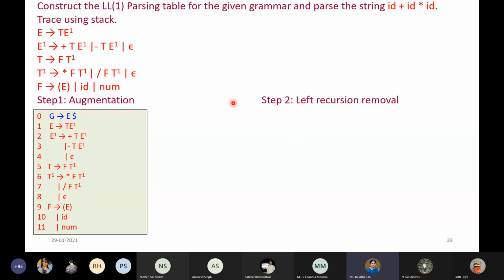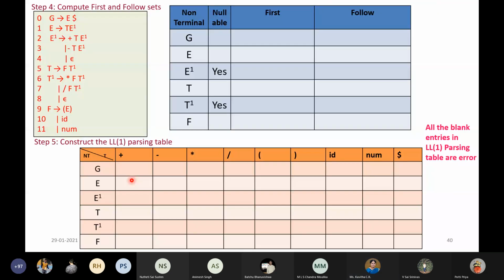The second step is the left recursion removal. This particular grammar is already well defined. We have already removed the left recursion. So right now it is not required because it is a ready-made grammar. Similarly, we don't have anything common in the prefix, so even left factoring is not required. But for some examples, it may be required, and you will have to follow that step. For this example, it is a well-defined grammar, so we don't need these two. It means it is already done. So now let us see the next step.